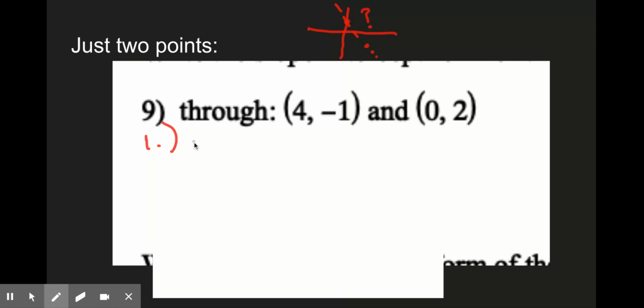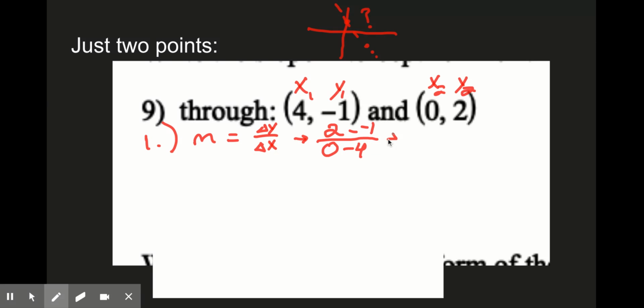Step 1, I need the slope. And that's the change in y over the change in x. In this case, x1, y1, x2, y2: 2 minus -1 over 0 minus 4. That's 3 over -4, but proper math grammar says I should write it like this, -3 over 4. Okay, great. So now I have this. Step 2 is that I have y equals -3 over 4 x